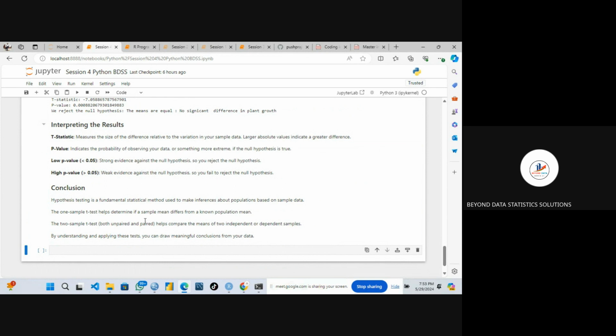Are they different? When you look at it with your normal eyes, you may say that they are different. But when you look at it with a statistical view, they may not be different. So those are some of the things that we use to make a wise decision based on the insights or data that we have. So up to that point,